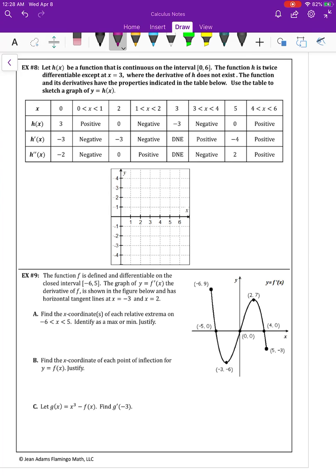Let h of x be a function that is continuous on the interval from 0 to 6. The function h is twice differentiable except at x equals 3, where the derivative of h does not exist. The function and its derivatives have the properties indicated in the table below. Use the table to sketch a graph of y equals h of x. So for this one,